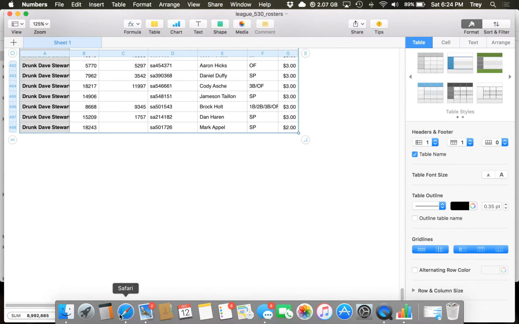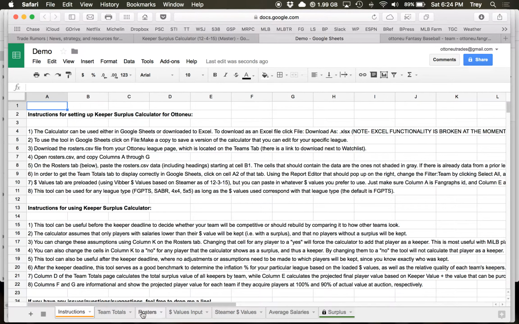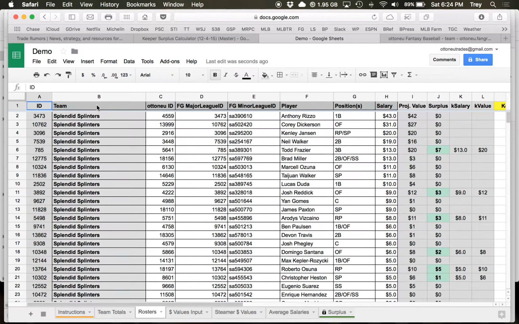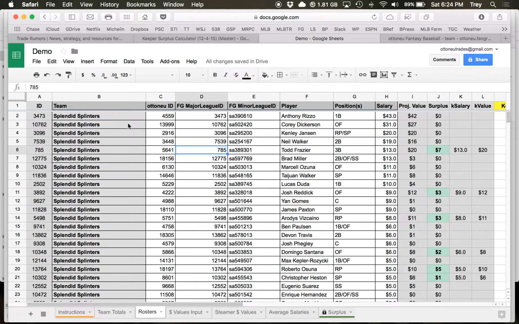Copy that information, go back to the surplus calculator, and in your Rosters tab, in column B1, you want to click and paste the information that you've just copied from the CSV file. Now all your rosters and all the salary information for each of the players in your league are populated in